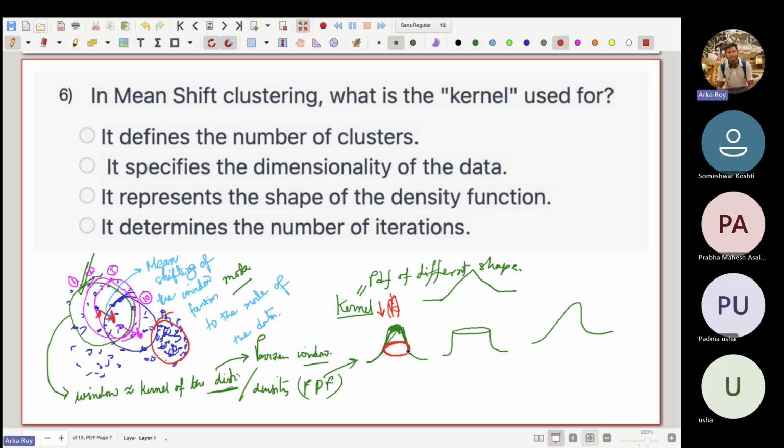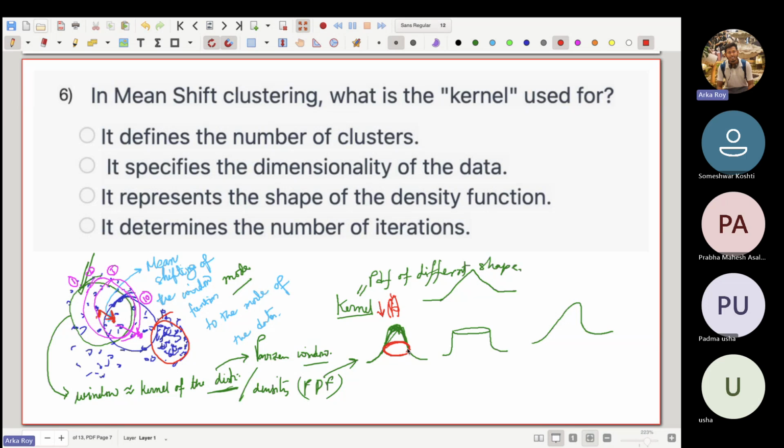Then the data that you are enclosing within that area of the data distribution, you capture the mode of the data, and then you shift your window from the center position of the data distribution to the mode of